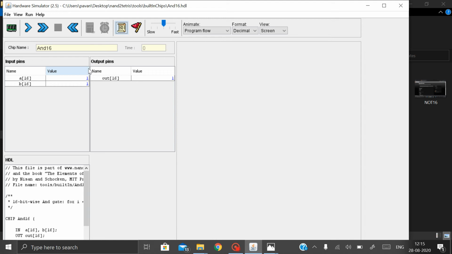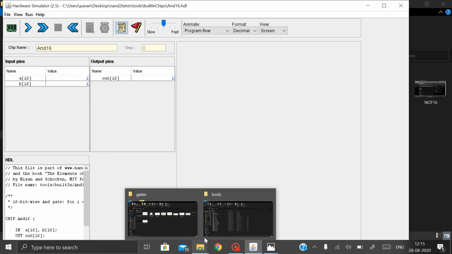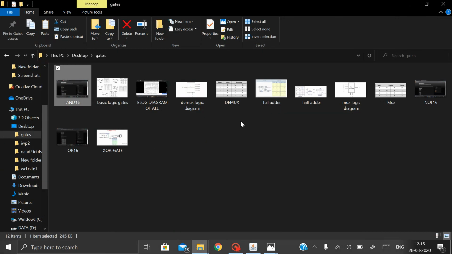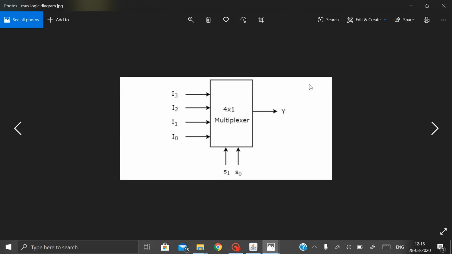Do you guys know multiplexer and demultiplexer? Wait, let me tell about it. Actually, for the multiplexer, give me a second, I will load the image. You guys can see it is a combinational circuit which has many data inputs and a single output.